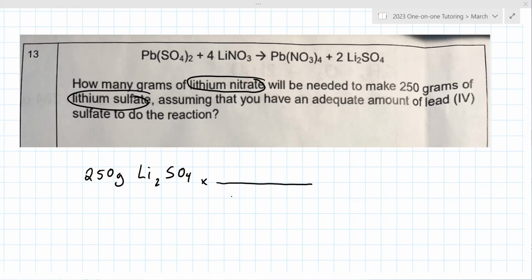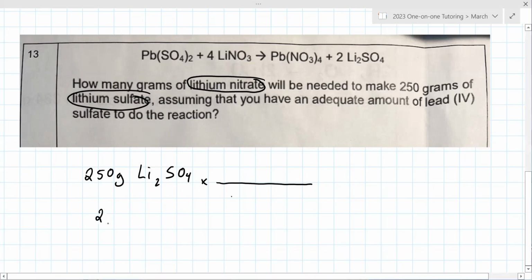Times. I got 110. I got 103. So let's just go through it real quick. There's two. No, it is 110. I'm sorry, I didn't have my two. It is 110 grams